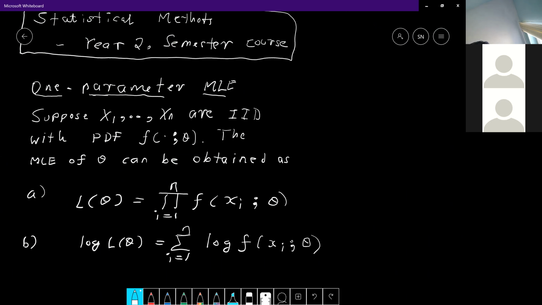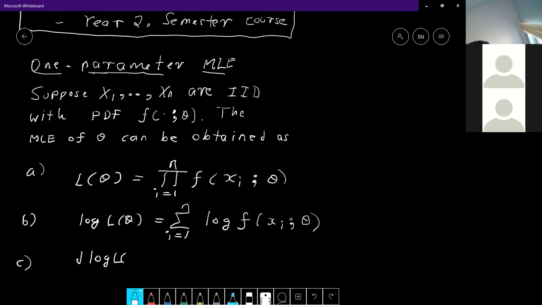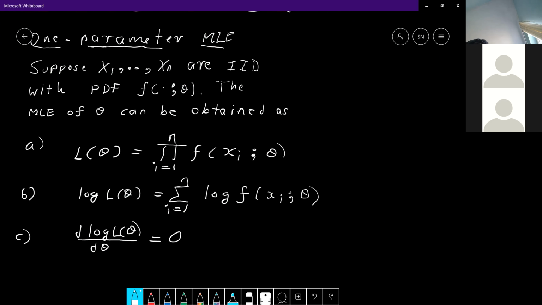And the third step, part C, is to take the derivative of the log likelihood with respect to theta and set that to 0,